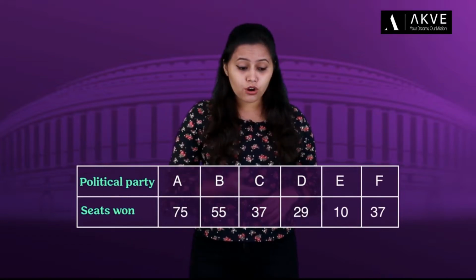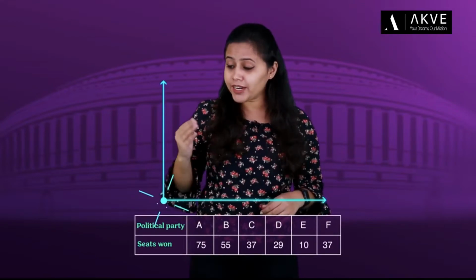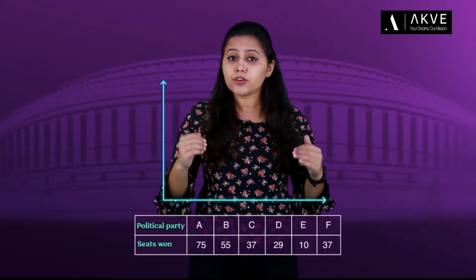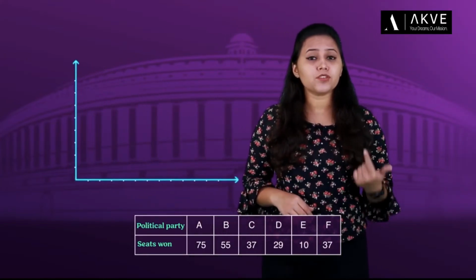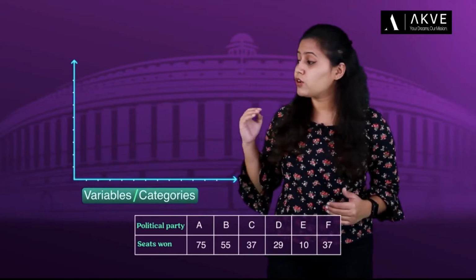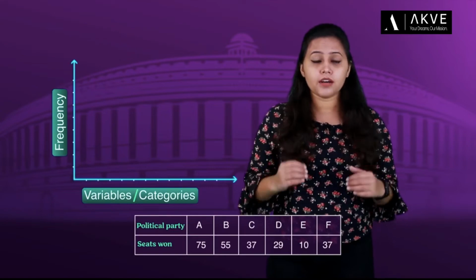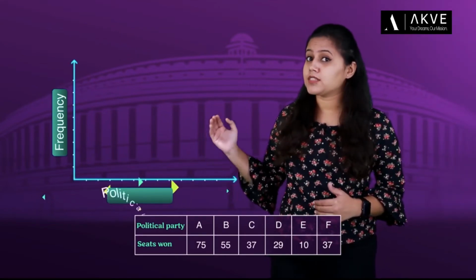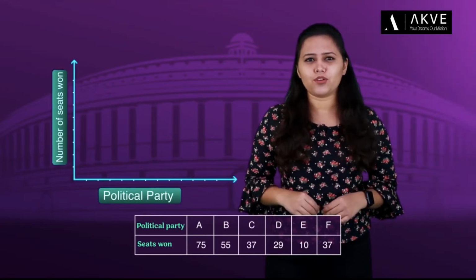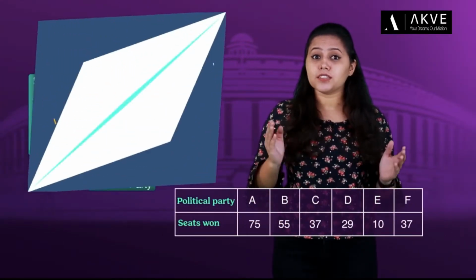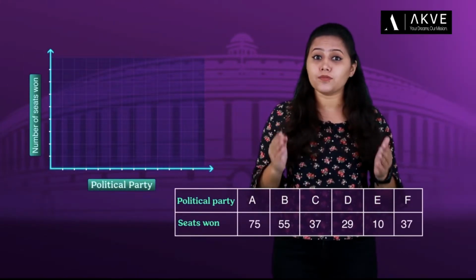Simple. Just draw a horizontal line and a vertical line meeting at a common point like this. Next, we draw markings at equal intervals on each of them. The variables or categories are generally represented horizontally and their frequencies are represented vertically. Here, the categories of data are the different political parties and their frequency is the number of seats they won. So, we represent the different political parties on the horizontal axis and the number of seats they won on the